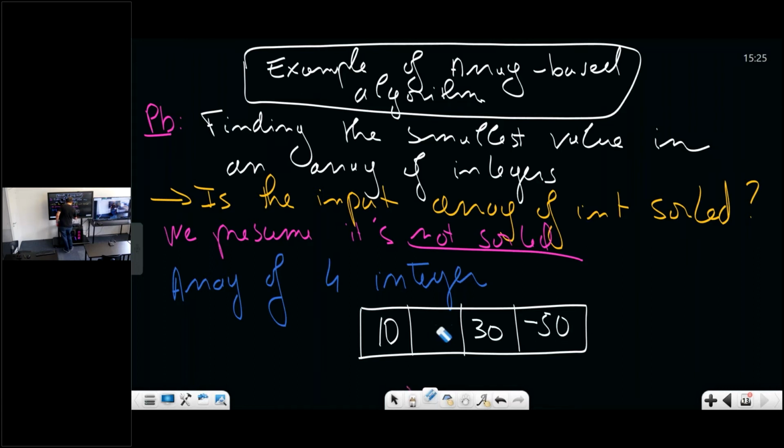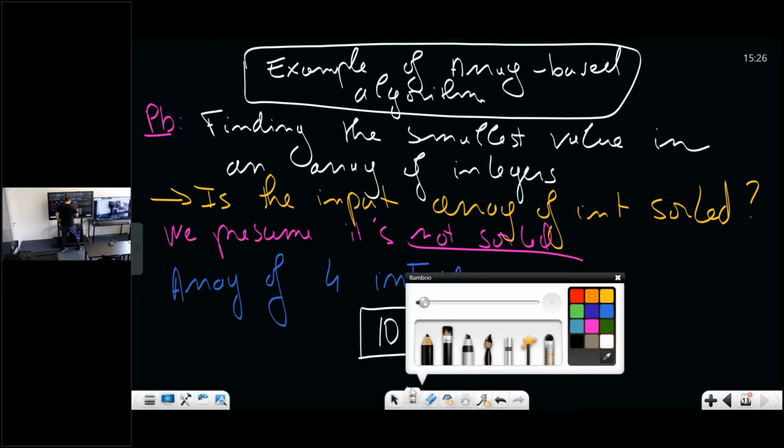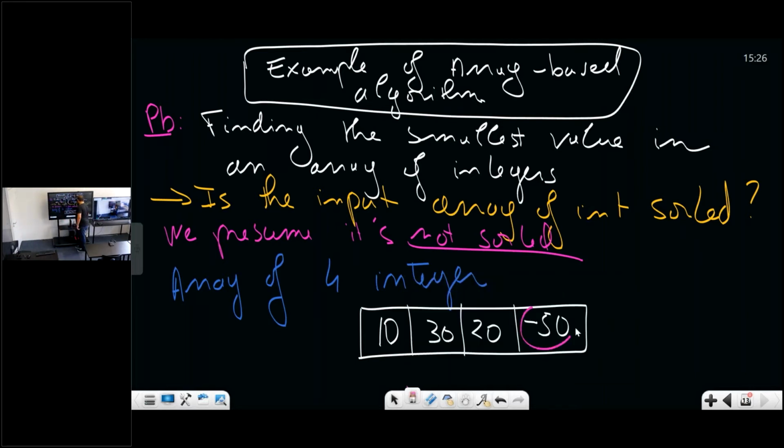In fact, let me even inverse the order here. It will be more coherent with the example. To the naked eye, to the human eye, obviously, the minimum value is here. It's at the end of the array. In this particular case,